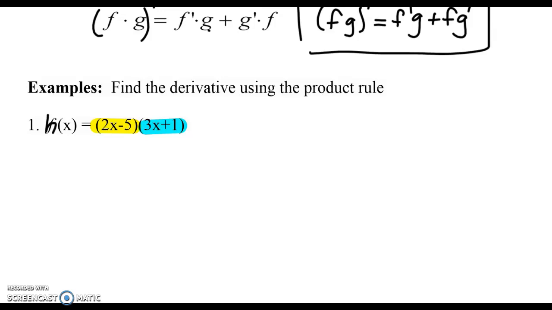So let's look at number 1. I've rewritten number 1 as h of x. We've used f of x in the product rule, so it's confusing when we use it to mean two different things. So let's call this function h of x. You can see h of x is the multiplying of 2x minus 5, the first term, multiplied by the second factor, 3x plus 1. And so then, when we find the derivative of h of x, it's going to equal